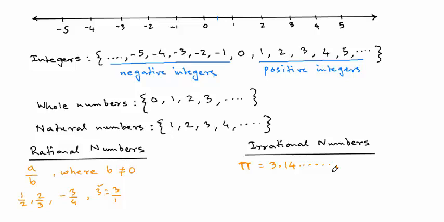the pattern never repeats. What I mean by the pattern not repeating is, if you think about the decimal number 0.333333, it goes on and on. So the 3 keeps repeating and you can rewrite that as 1/3. So this is a rational number. Even though it's a repeating decimal, it is a rational number because the pattern keeps repeating. But for decimal numbers in which the pattern doesn't repeat, they qualify as irrational numbers,